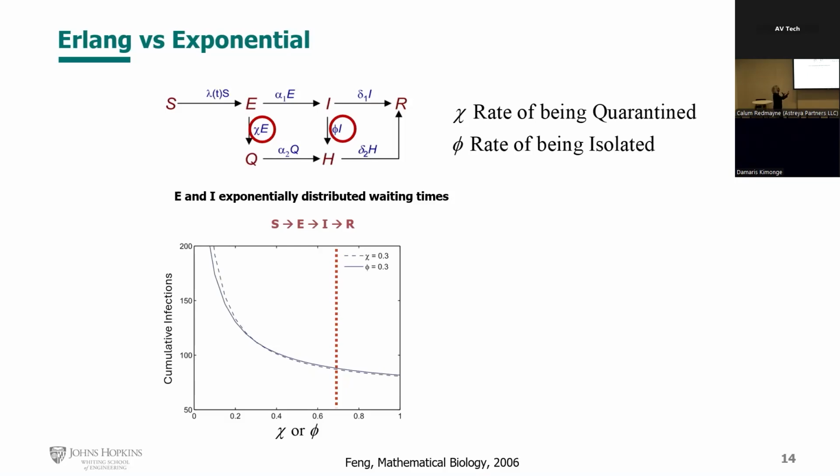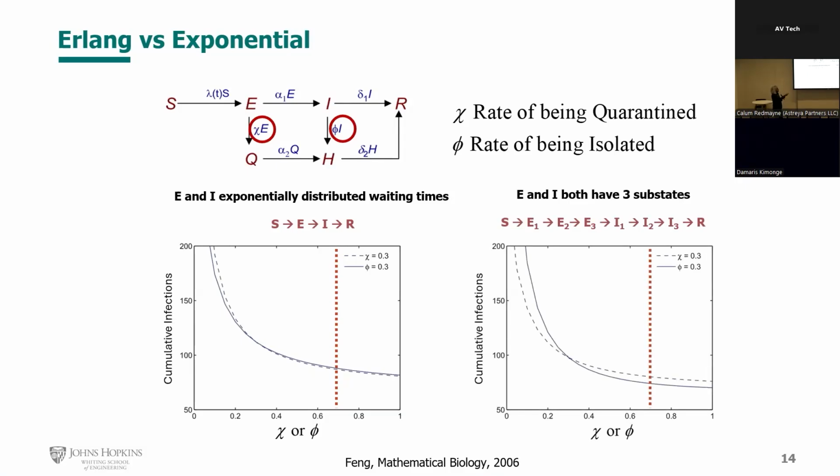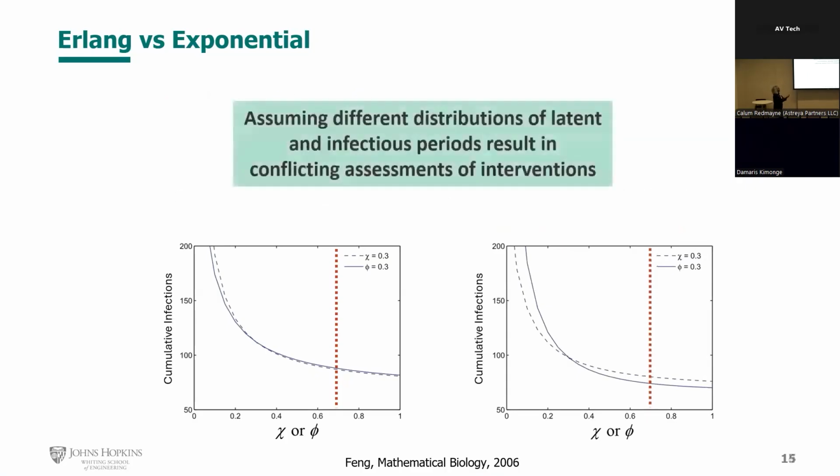on your total infections. However, when they tested it with three substates, meaning when they changed the E and the I to three substates each and ran the same simulation, there was actually a slight discrepancy, telling you that one control measure might be better than the other in terms of bringing down your infections. Their main point is that assuming different distributions would also give you conflicting assessments on what kind of intervention is actually good. And this example was just three states. This difference might be a lot bigger if I go to 5, 7, 8, or 9,